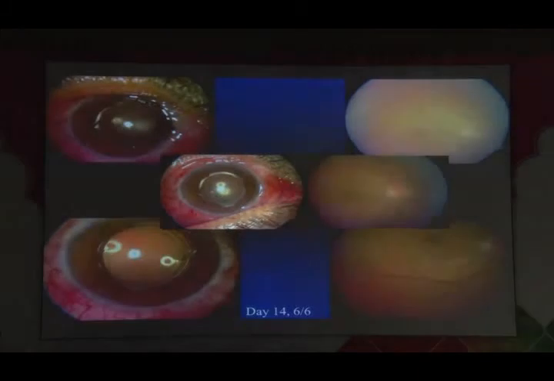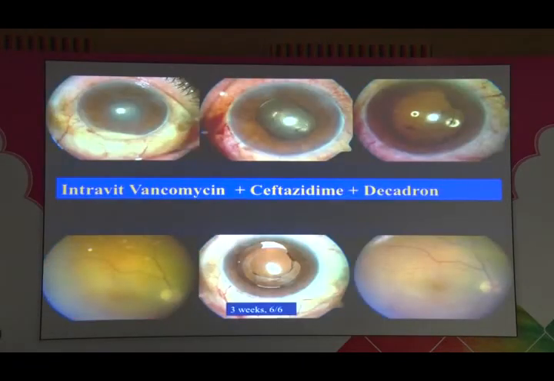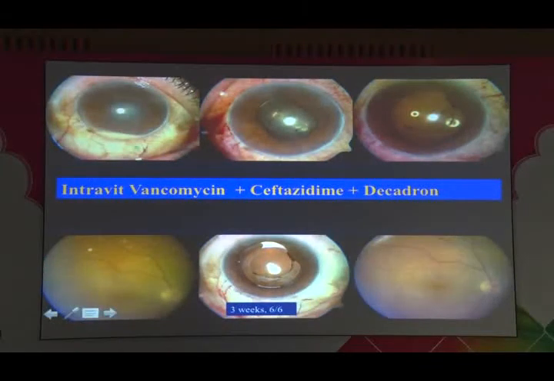This is an example of a case which was actually presented on day 1, but was treated with steroids. This is a case of TASS, toxic anterior segment syndrome, which is inflammation, and responded to topical antibiotics and steroids. This is another situation where we had a hypopyon, and whenever you have a hypopyon, you should always try to err on the side of infection, because it is safer to err on the side of infection. So in these cases, you must give intravitreal antibiotic.